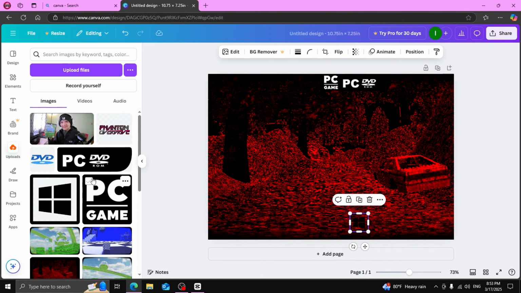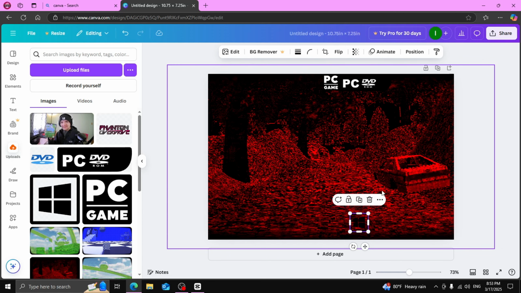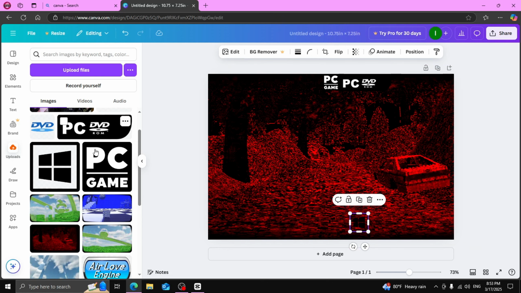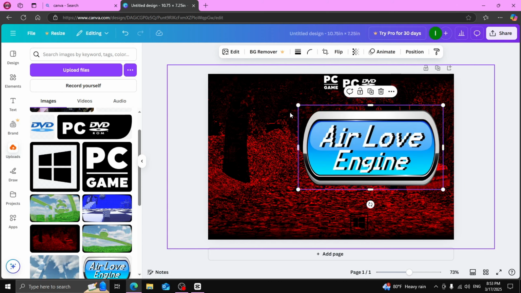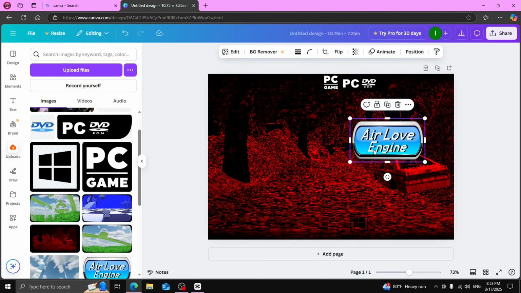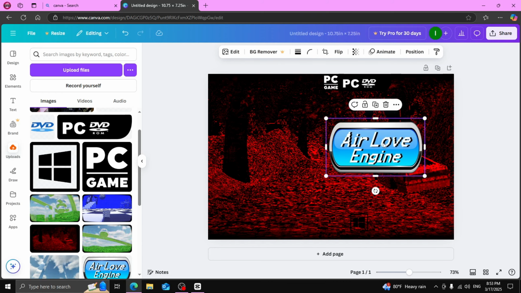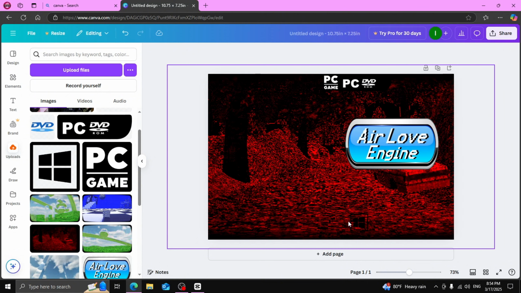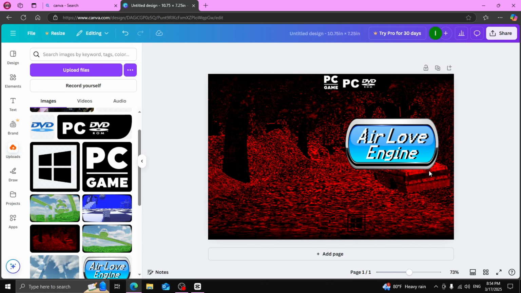Okay. And then you can put literally anything else, like your logo over here. You can put the Air Love Engine logo or your game logo in the middle. You can make it a little big. Okay. And have your game logo here or whatever. And this will be the front of your